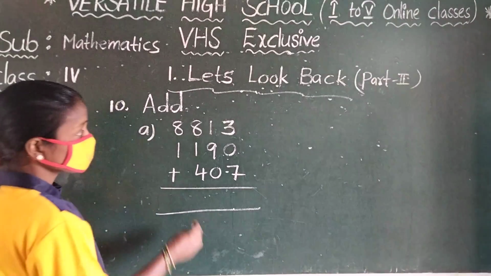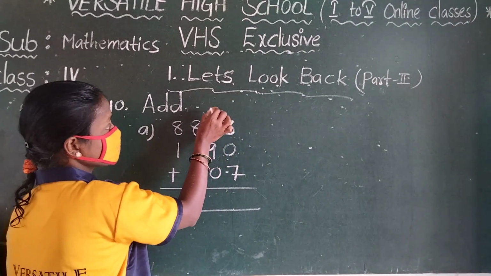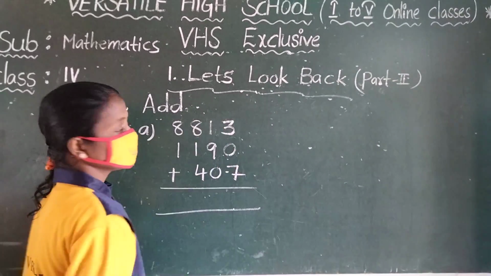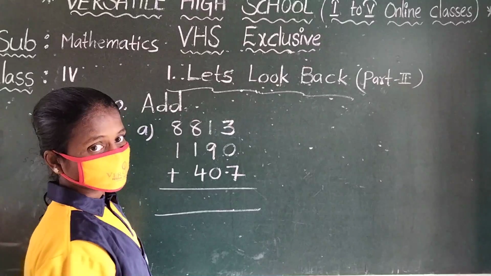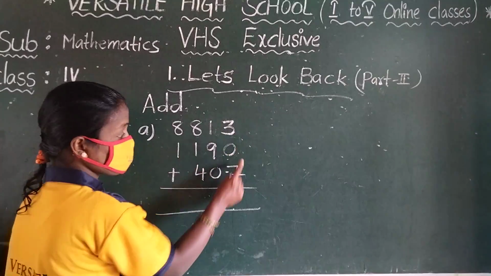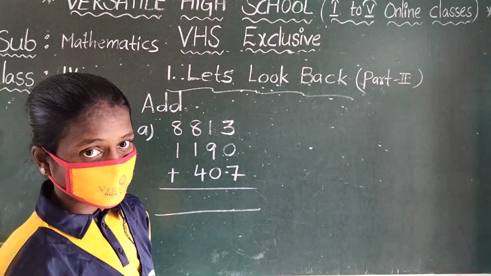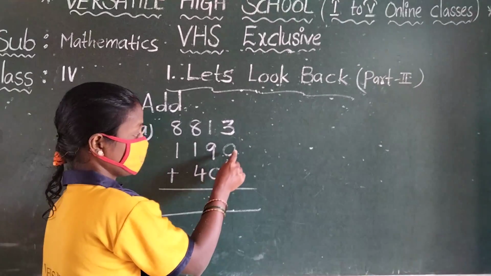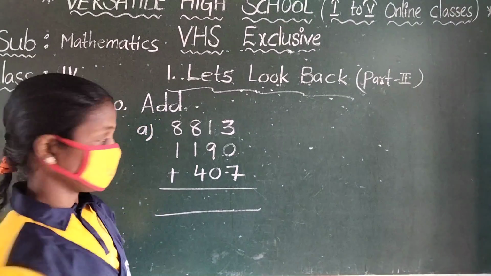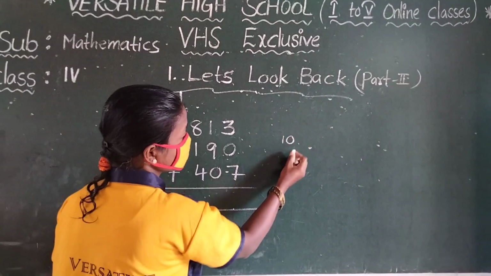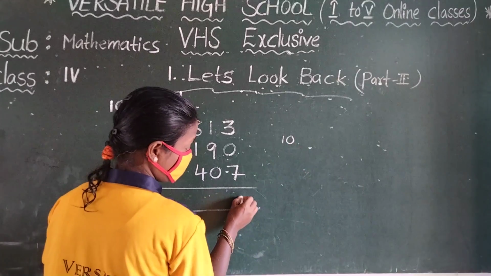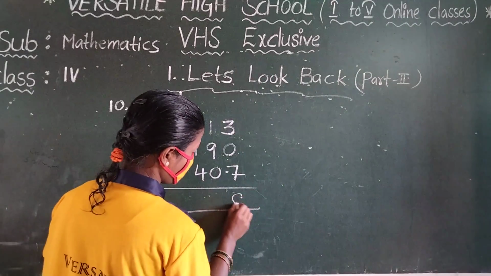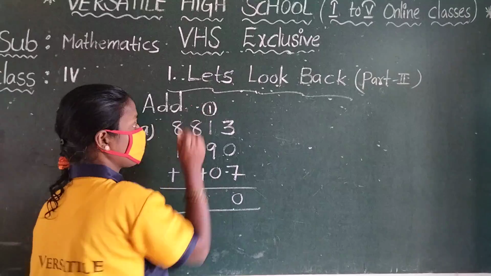Now addition. This is the ones place, tens place, hundreds, thousands. Now we start adding with the ones place. 3 plus 7. 0 is not countable, so 3 plus 0 is 3. 3 plus 7 is 10. So you write 10. That means you write 0 down and 1 up, on the second number. 10: 0, 1.